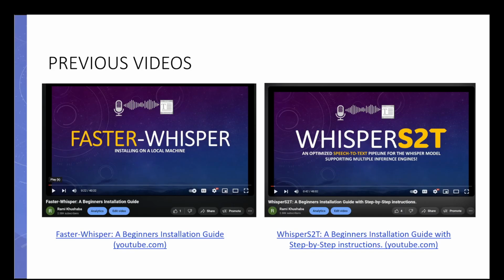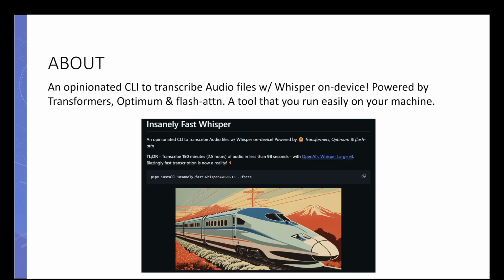So let's start. In the previous videos, we talked about the Whisper S2T, which supports multiple backends like CTranslate2, Hugging Face, and the original OpenAI. And then we also discovered and talked about the faster Whisper version. But today we are going to talk about a command line tool rather than a tool specifically that you can call from Python. So the beauty of this tool is that, as the name implies, again, it's really fast,